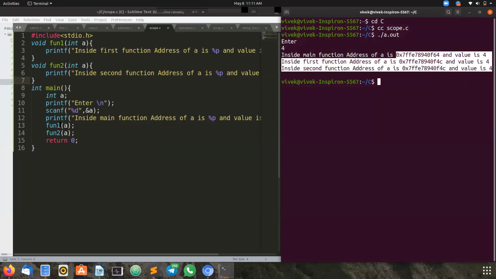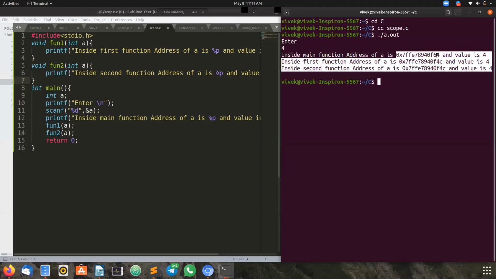In the program code, from the main function I'm passing the value of a, that is 4. That is passed to function1 and function2. You can see all three values are the same. All of you mute your mics. When you have a doubt, you can unmute and ask me.